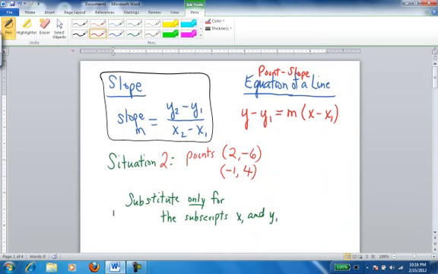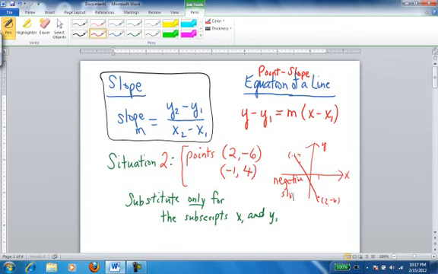In the next situation, you have 2 points given to you. I have an example here where the points are (2, -6) and (-1, 4). Again, remember from a previous video that if I wanted to plot these points or just sketch them briefly on the XY coordinate system, I could go over 2 and down 6 to get (2, -6). I could go over -1 and up 4 to plot that point. When I connect these dots, I notice that the slope leans to the left, so I should have a negative